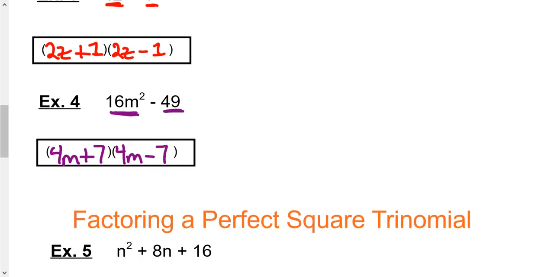That's how you're going to get that middle term to eliminate, because one answer is positive, other is negative. So when you do FOIL and you write it out, you'll see it's eliminated. As a matter of fact, let me just show you this just so you know that is the case. So if we do the FOIL method for 4m plus 7, 4m minus 7,